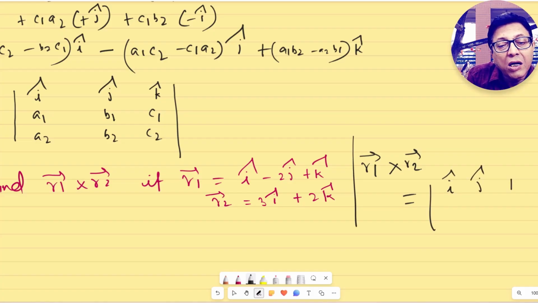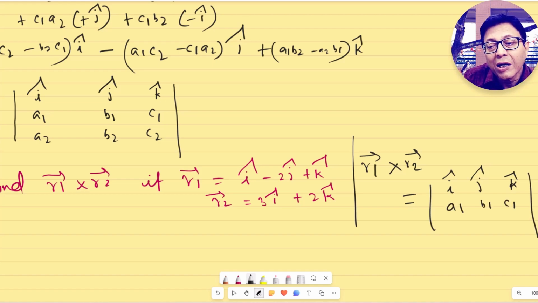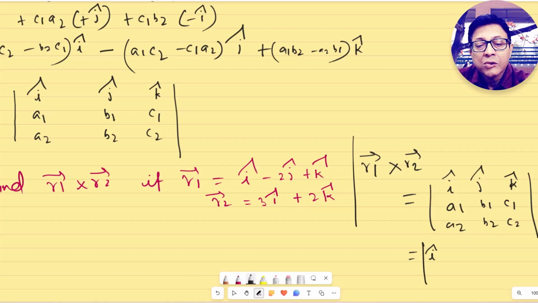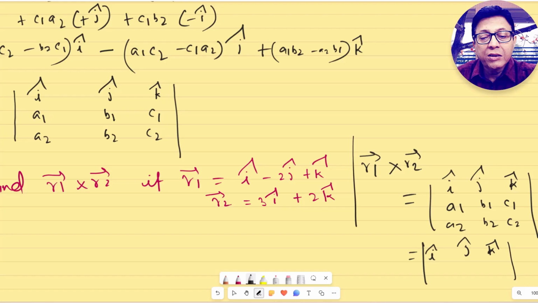Just we take this one: find R1 cross R2 if R1 equal to I minus 2J plus K, R2 equal to 3I plus 2K. Okay? So we write in this form first. Cross product going to be what here? By using determinant, R1 cross R2 will be